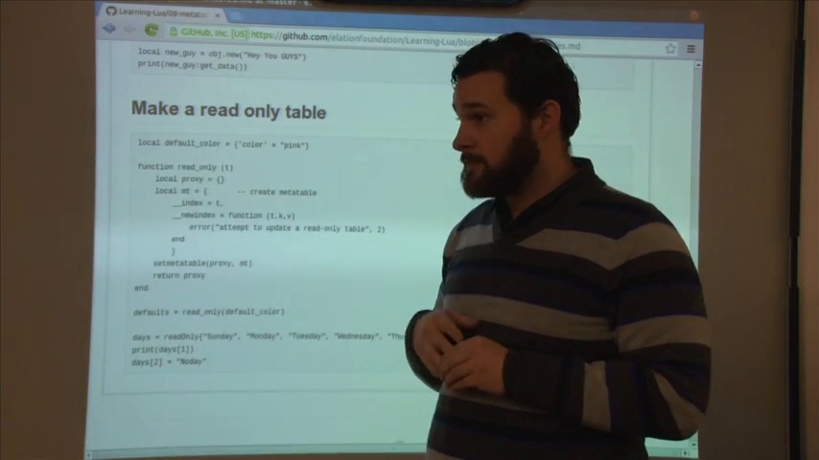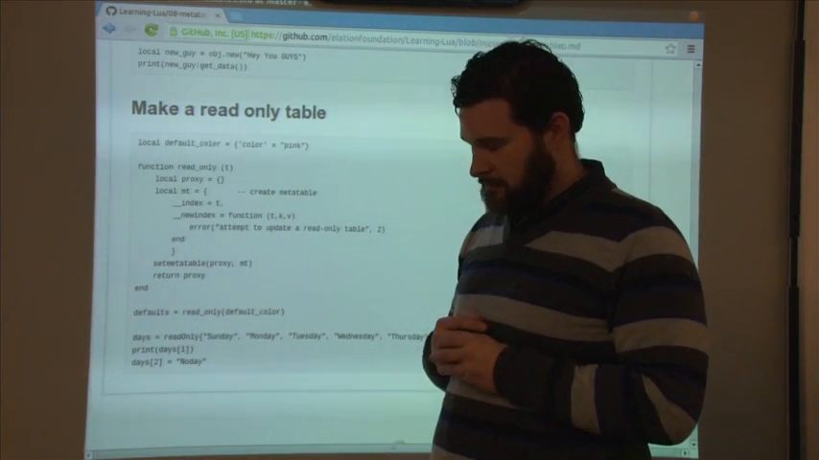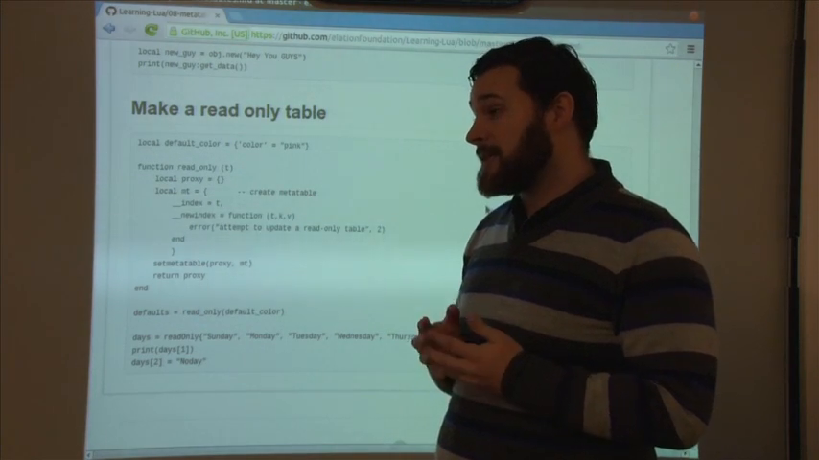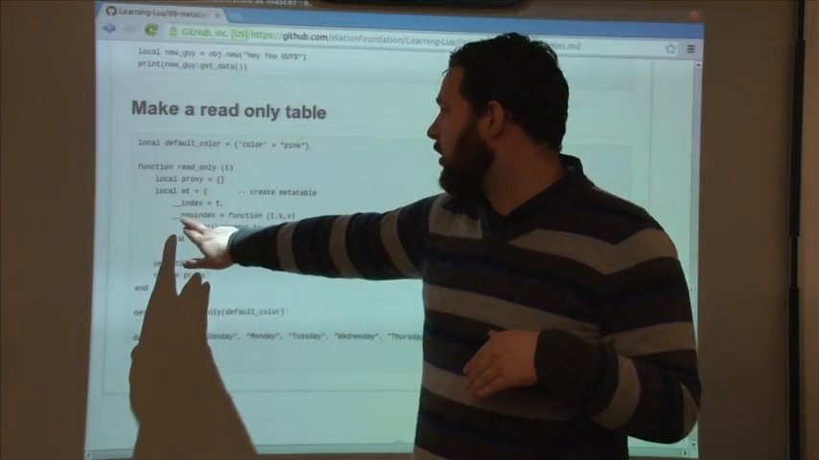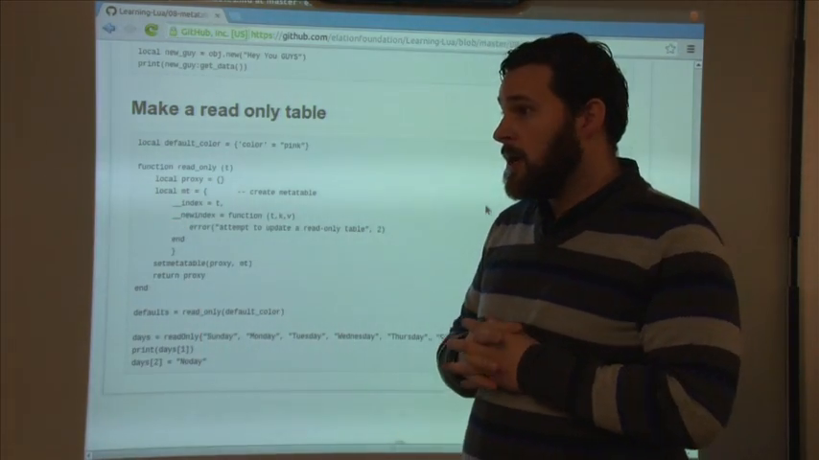So is __newindex a built-in part of metatables that you're overwriting? Yeah, it's actually a table constructor. So metatables, what they're doing is they can override existing table constructors. That's why all the underscored names are existing constructors. You can also put in new